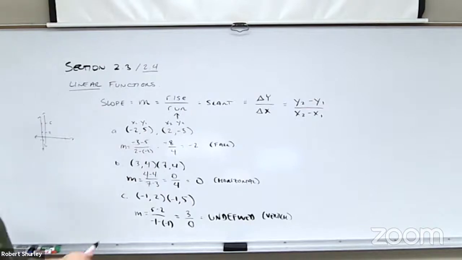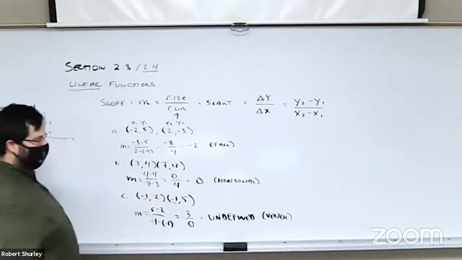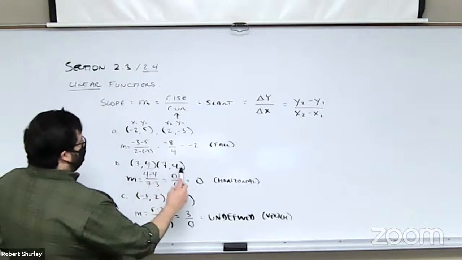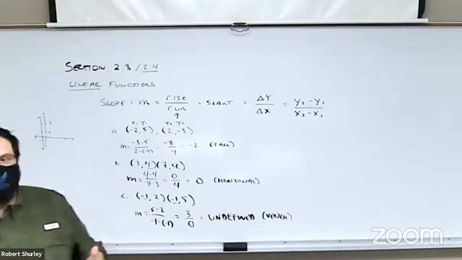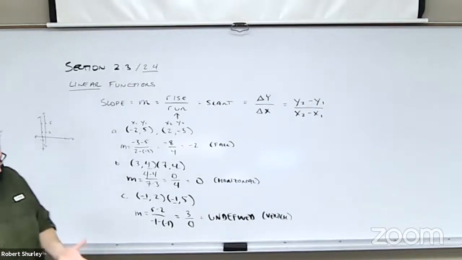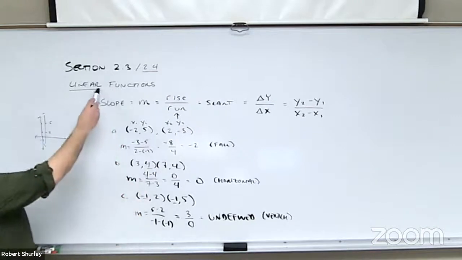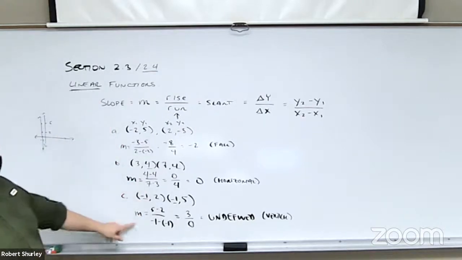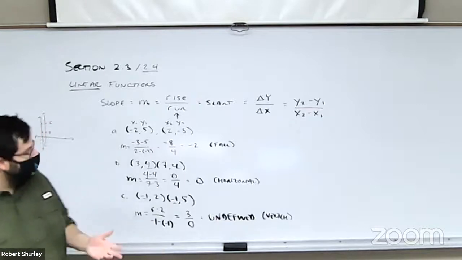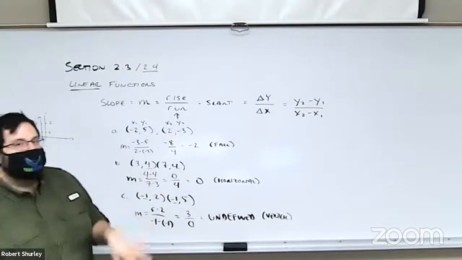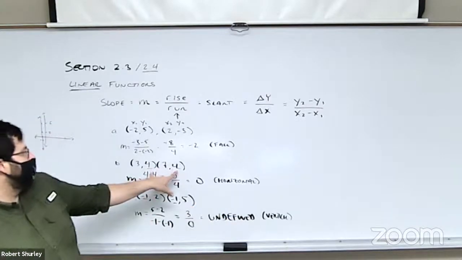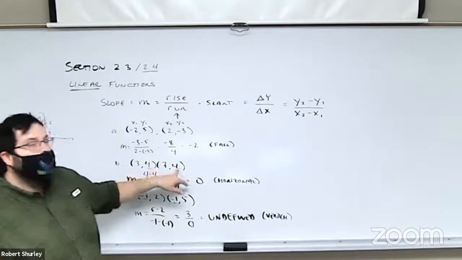And notice it's stuck at an x value. It's stuck at x equals negative 1. The horizontal is stuck at y equals 4. So I'm going to go one step further with these two, and I'm going to talk just a minute about their equation. Because the vertical and horizontal line have a very easy equation to remember. If you're dealing with linear equations, and they're either horizontal or vertical, the giveaway is what they're stuck at, okay? If you look at this, these two coordinates are stuck at y equals